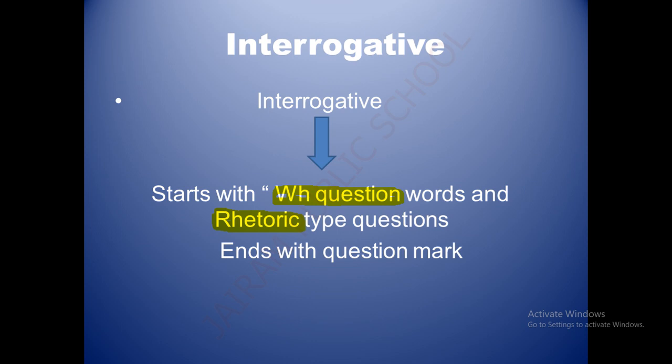The question which starts from the auxiliary verb, as well as a rhetoric type of question, should have an answer only in the way of yes or no. Suppose you are instructed to answer only yes or no, those types of questions are absolutely rhetoric type of questions. Example, do you have a pen? You should say only yes or no. So this is your answer. So if a question makes you deliver an answer of yes or no, that is a rhetoric type of question.